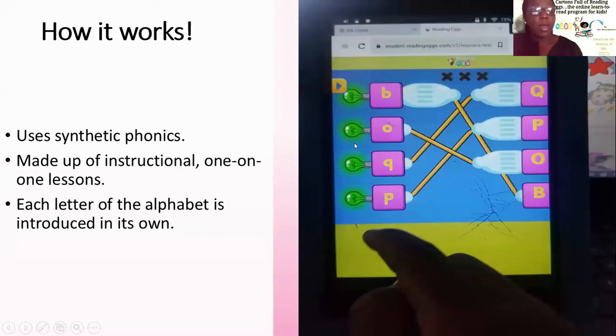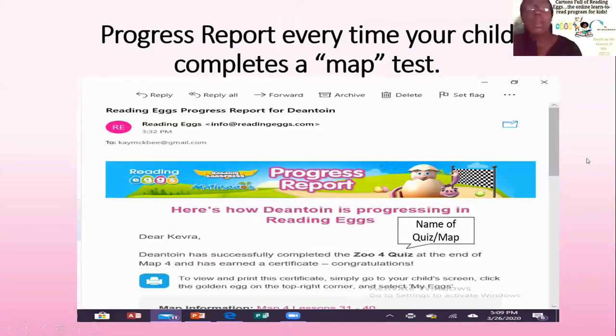How does it work? It uses synthetic phonics. It is made up of instructional one-on-one lessons, and each letter of the alphabet is introduced on its own. One part of Reading Eggs that I really like as a parent, and this is why I am recommending it